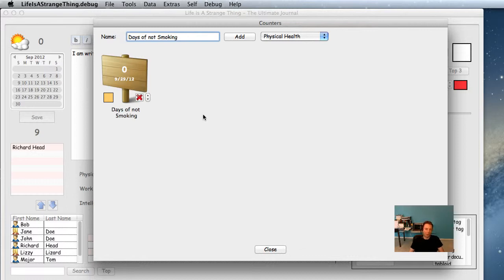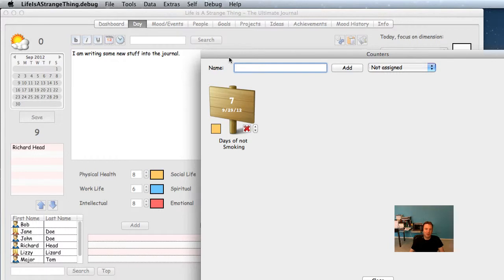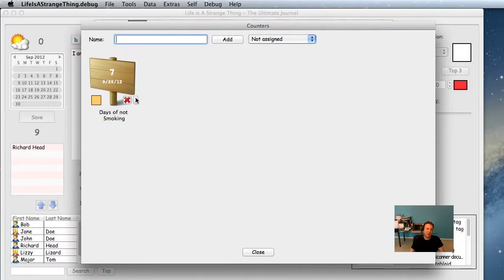So now what is this good for? The only thing this is really good for, if you want to keep motivating yourself by telling yourself how many days you've already made it by not smoking, right? Every day you go in here and you are true to your goal, you just go up here one, right? And after a while, this goes up. Of course, you can go down as well, right? So, and then every day, you go back in here, you can see, okay, I've already made it 7 days. Now let's say I'm on the 8th day, boom, you go up here, right? And this is just a little motivational tool